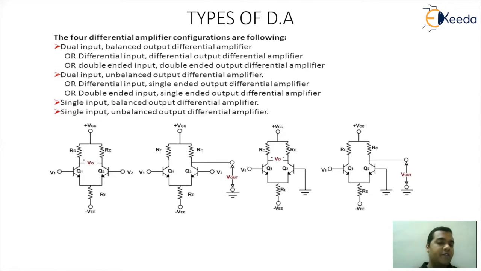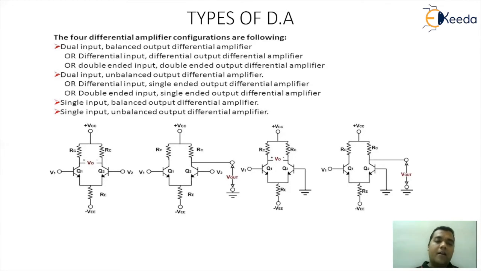If you observe the first figure carefully, you have two input points V1 and V2, and the output VO is measured across the collector. So it is basically the potential difference of the collector. If I imagine a center line that passes through VCC and VEE, a vertical line, you will find that the left-hand side figure and the right-hand side figure look like a balanced logic. So that's the reason the first concept of differential amplifier gives a balanced input and balanced output configuration,